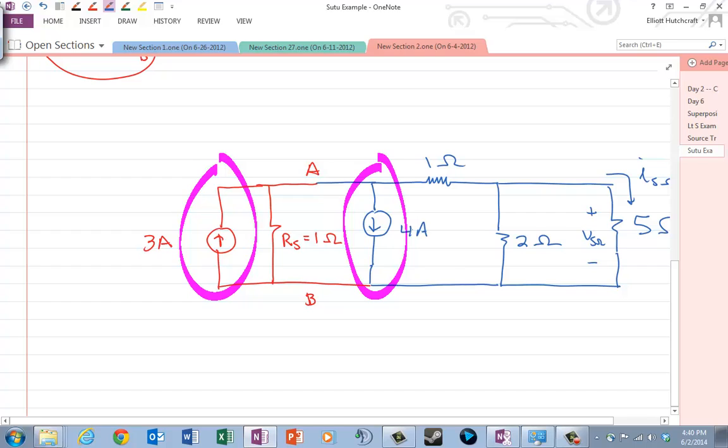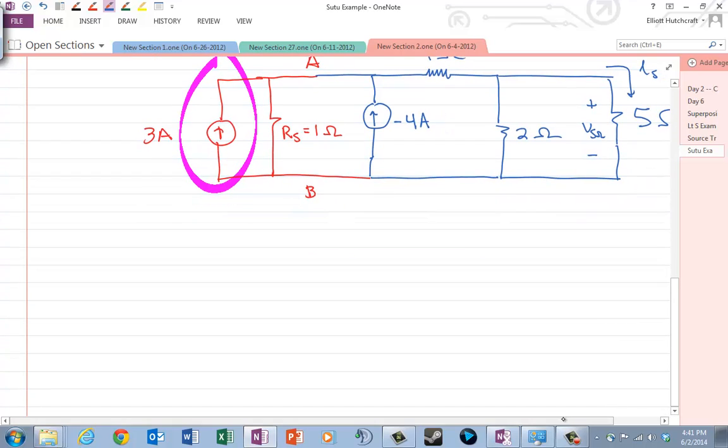So I'm going to change this one just to be consistent with what I have done in the past. I'm going to change this to an arrow going up and call it minus 4 amps. It's the same thing, I just changed the reference and changed the arrowhead, and then changed the sign of the source. So now I have a 3 amp source going up and a minus 4 amp source going up, and so my net